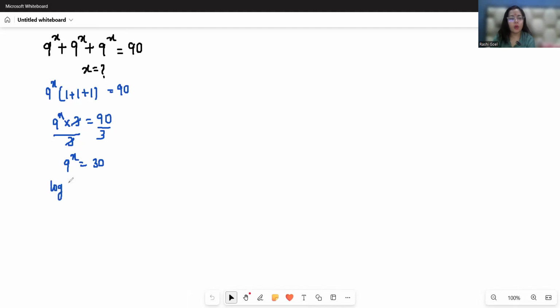So I'm taking log on both sides. So log 9^x equals log 30. So x log 9 equals log 30. So if I divide both sides by log 9,